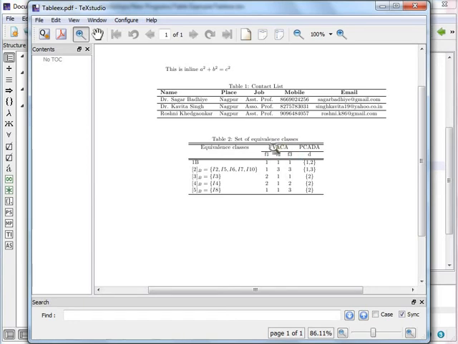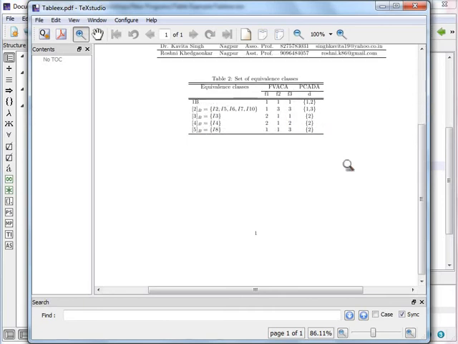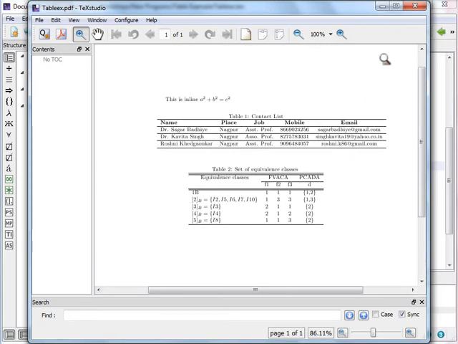So you can see that FVCA is now having 3 sub-columns as F1, F2, F3, and PCDA is having a single column. Then we have added this data. These equations are added, and we'll look at the equation environment and see how to add these equations. So in this way we are creating tables in LaTeX, simply in LaTeX.